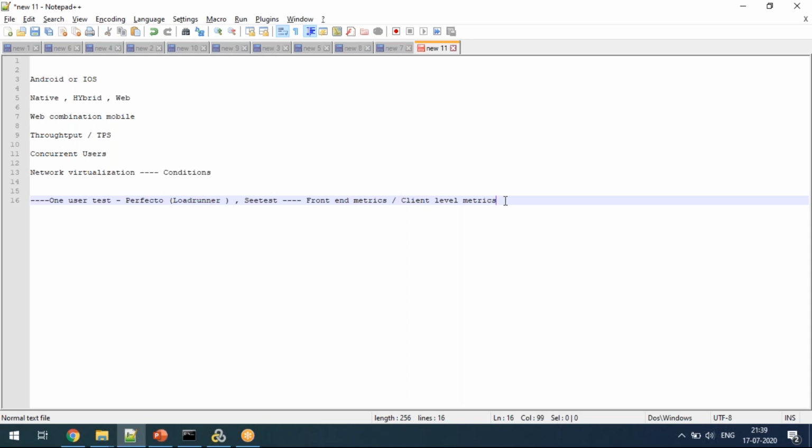This is about the client side, and this is about the server side. Okay, and also if the device vitals are required, who is going to do that? Either as a performance tester you are going to do the device vital collection, or you are going to have the developer, the Android developer or iOS developer, use ADB commands or their Xcode commands to get the metrics. That also you are going to ask about and then get the clarity.